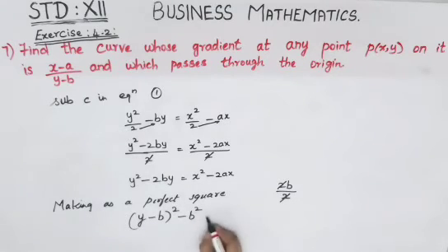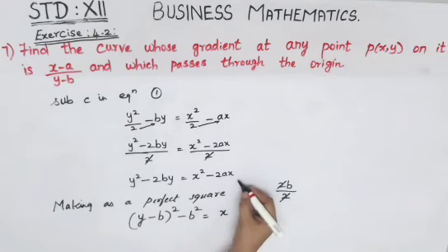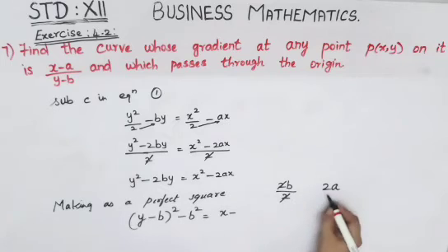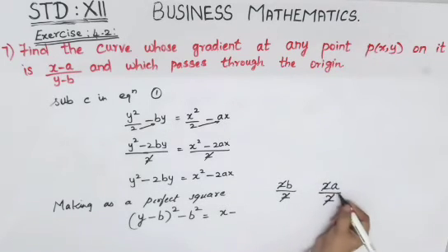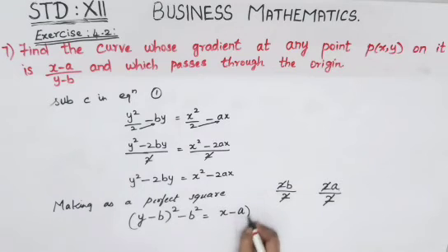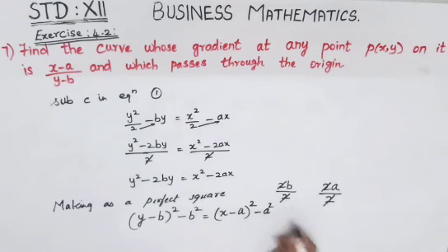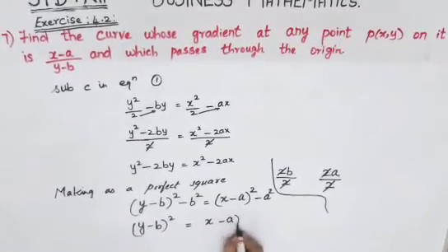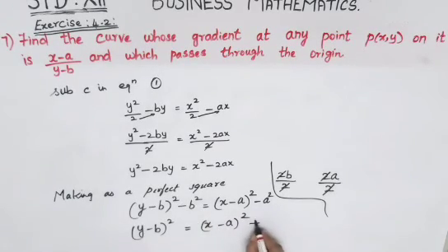That is equal to, this side also the same process. x square means x, a quadratic equation in x. So leave this x, write 2a, divided by 2. This 2 and this 2 go, so you get a. Bring that a here and write it as a whole square. Since a we are only inserting, minus a square. So now (y minus b) whole square is equal to (x minus a) whole square. Bring this b square to this side, so minus b square becomes plus b square, minus a square. So this is your answer for the 7th question.